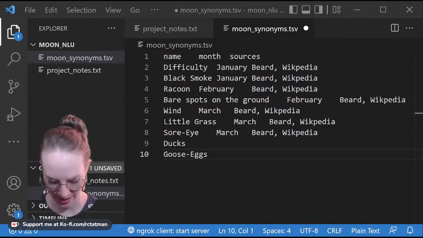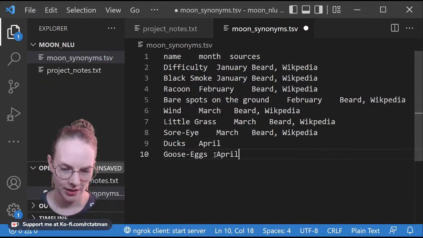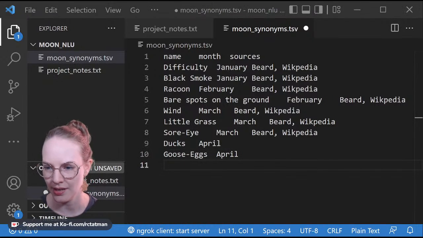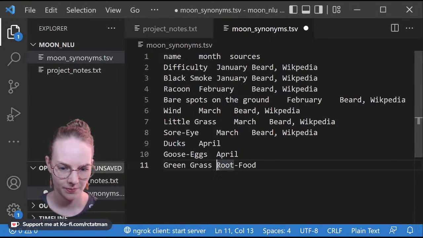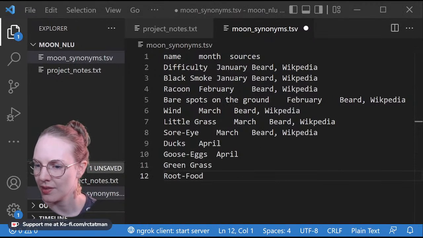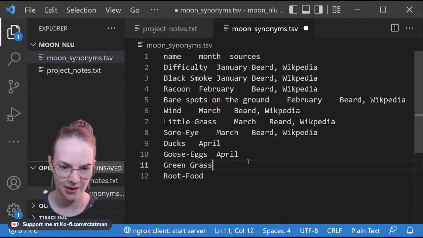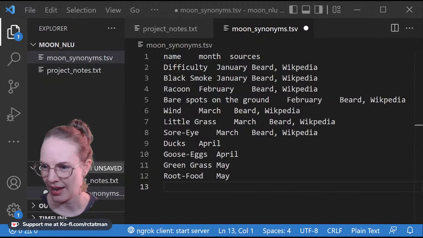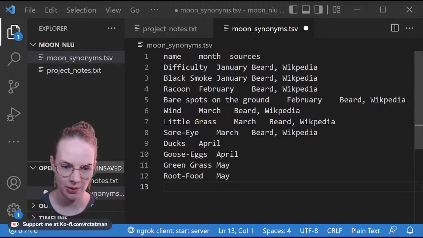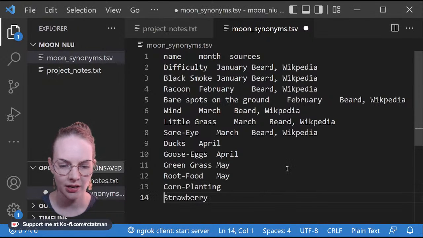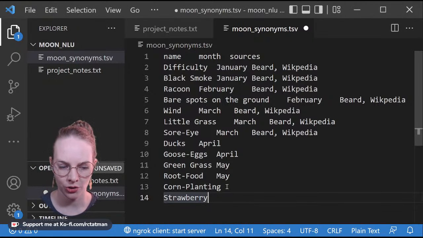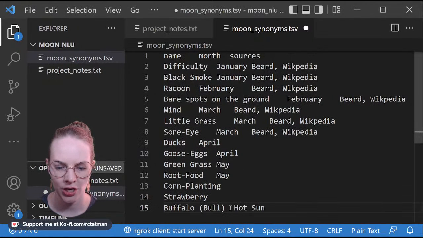And those are going to be for April. Keeping in mind that not all of these things are going to be, and these are going to be for May, actually linked to a specific Gregorian calendar month. Corn planting and strawberry. And I think I have most often heard the strawberry moon be referred to as the June moon, even though our good strawberry season here in Virginia,